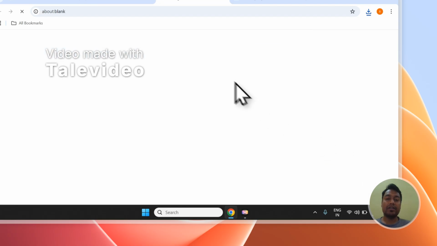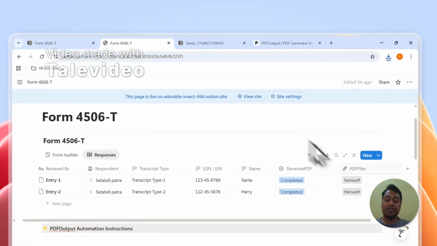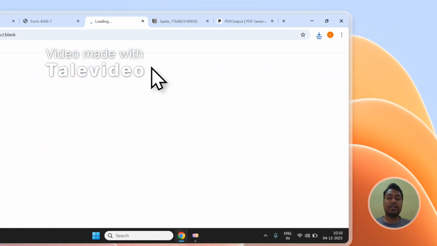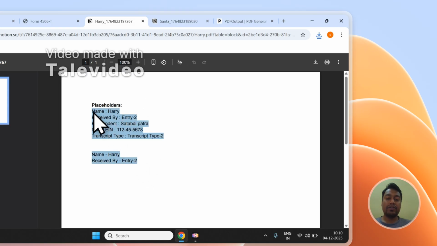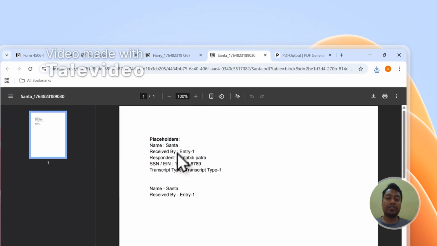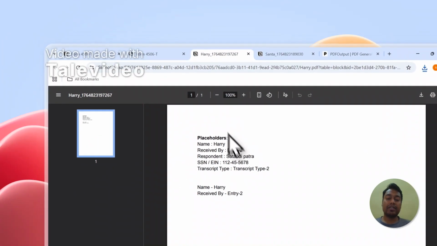If you click on this, you should be able to see all the placeholders automatically converted into the values that were present in the database. So it has fetched the values from the database and everything has been converted. Let's go to the second document. We should be able to see the same pattern. And this has also been created with all the placeholders automatically converted. So we just created two documents where all the fields were automatically fetched from the database